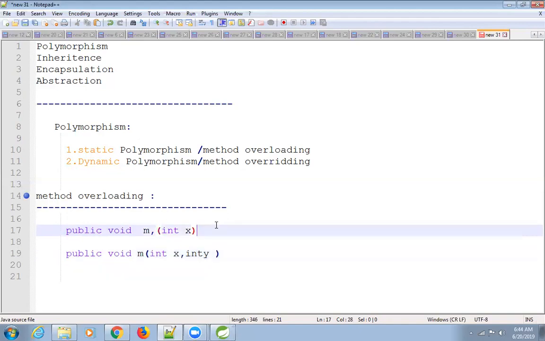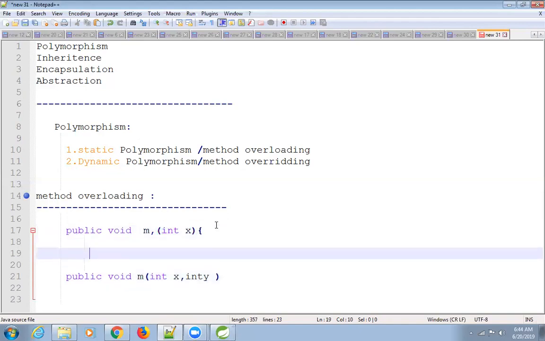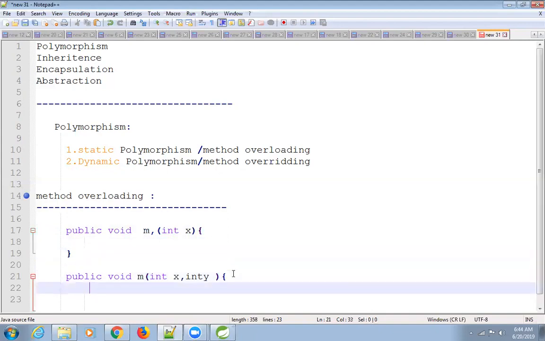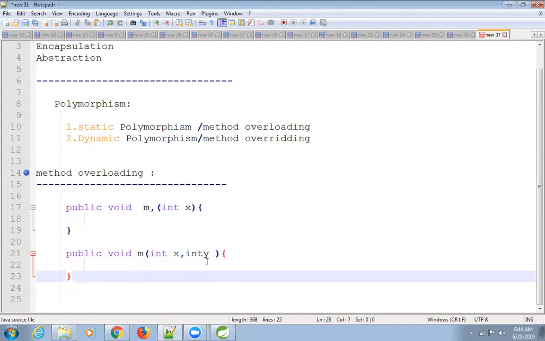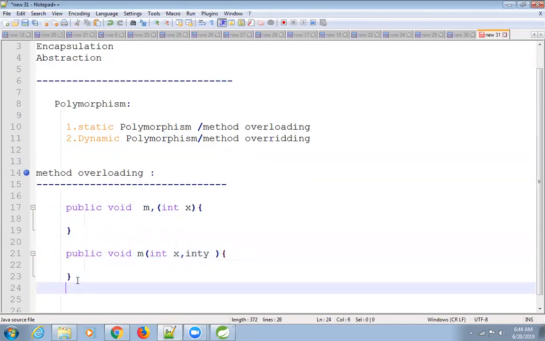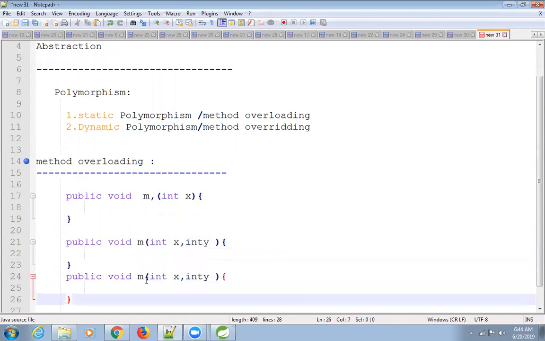Open brace and close brace. This is a method, and we do some implementation in this method. And again the same method, which is taking